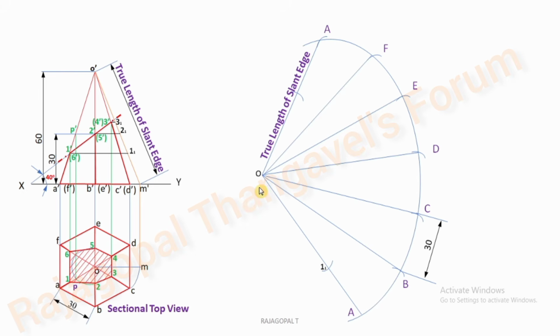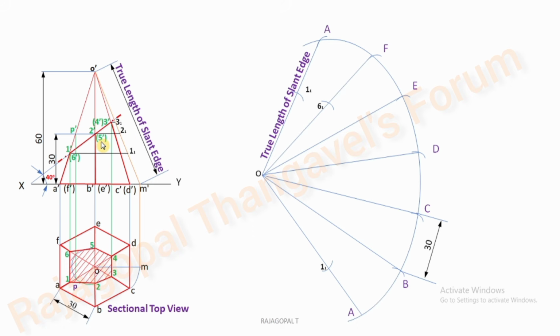Here we are having the OA slant edge on both the sides. So mark 1 1 here. Similarly 1 1 on the other side. Use the same radius for marking O dash F dash. In OF we are having 6. Here also O dash F dash having 6 dash. So we can use the same 1 1 radius. Mark 6 1. Next one is O dash to 2 1.